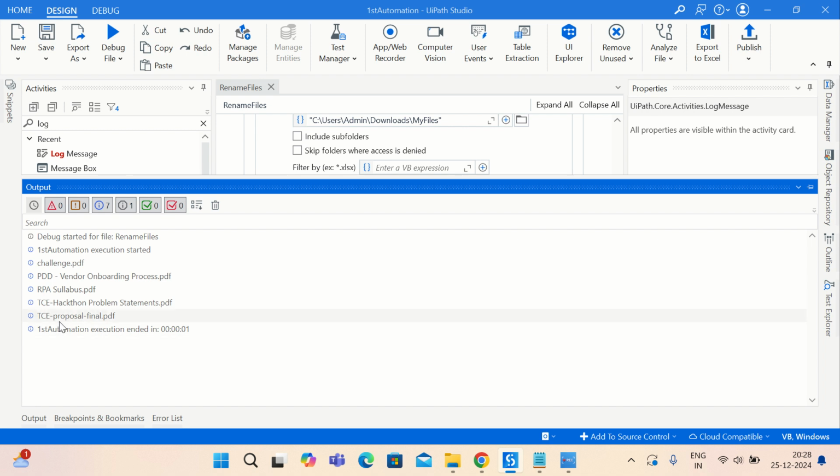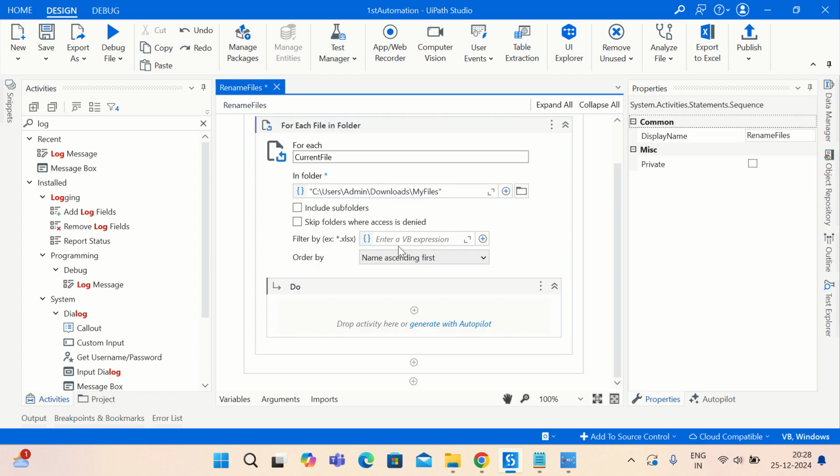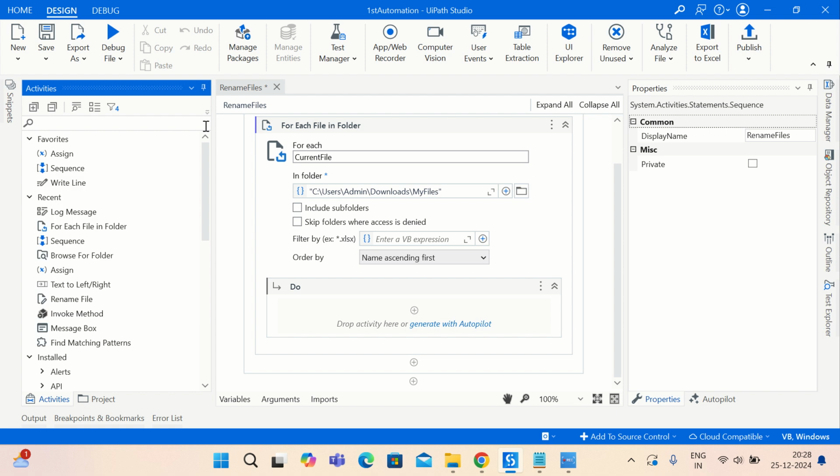First of all, we should be able to fetch these file names with their dot extension, which is dot PDF, and then ultimately attach the date to that and rename the files. I'll just delete this log message. It was just for the sake of checking what we are going to get. So the first thing that I would like to do is